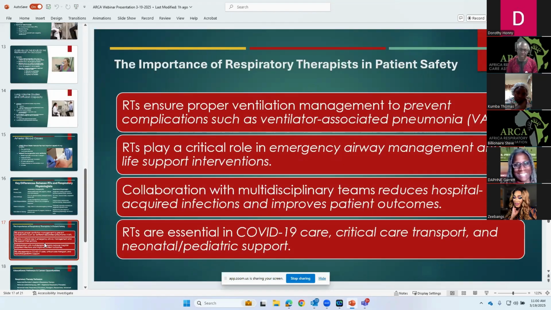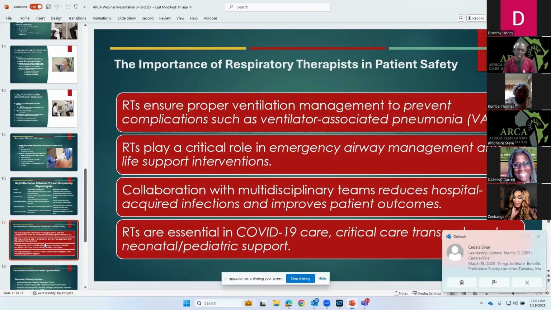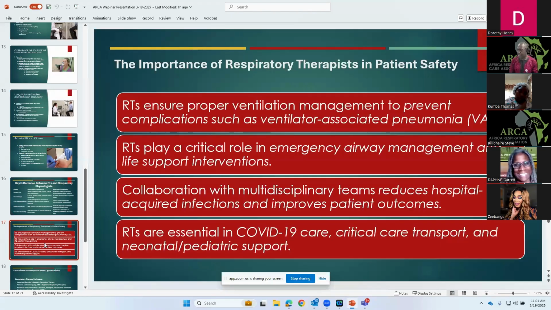Respiratory therapists were some of the key essential workers. In some places people couldn't go to work, but respiratory therapists had to go to work, because a lot of these patients were very, very critical. Some places actually had to bypass. That means the machine was the one breathing for the patient. So the respiratory therapist was the one managing the machine to make sure that the patient could still stay alive. Those are some of the key things that respiratory therapy does, and why it's very important that respiratory therapy continues to keep up on all these skills.